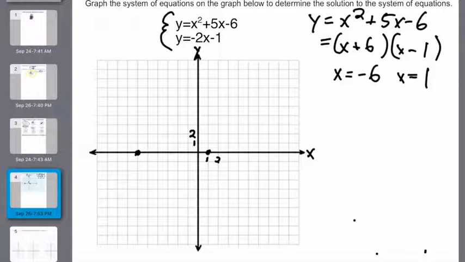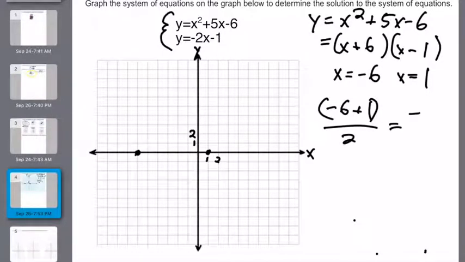Okay, next we want to find what the midpoint of our parabola is. As soon as we see that x squared, we know it's a parabola. So we want to find the midpoint, also our x-coordinate of our vertex. We can do that by finding the midway point between our -6 and our 1. So if we take -6 plus 1 divided by 2, we're going to get -5/2, or